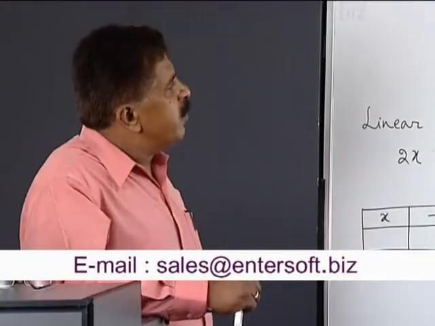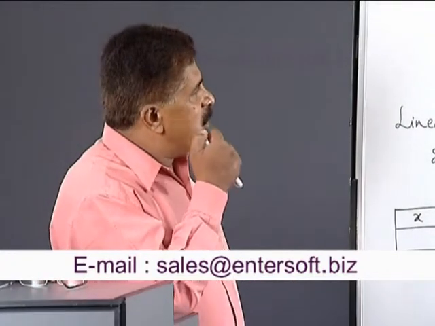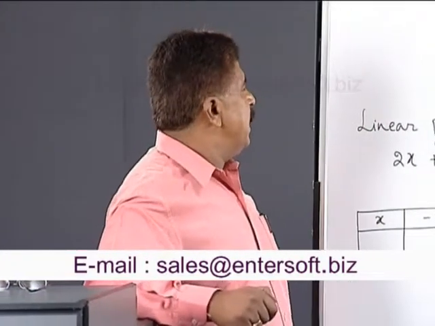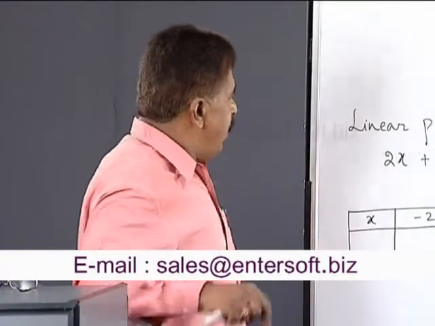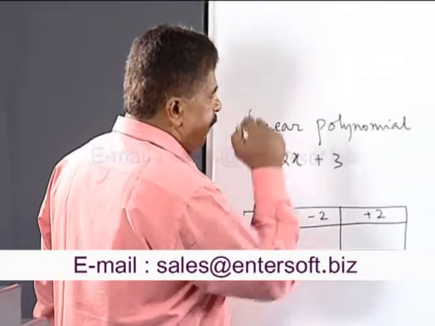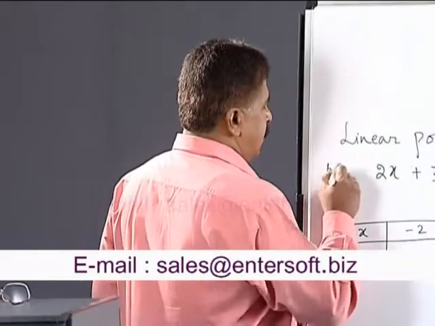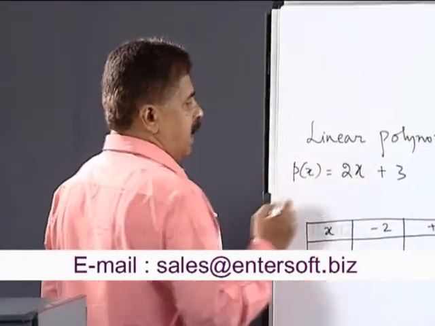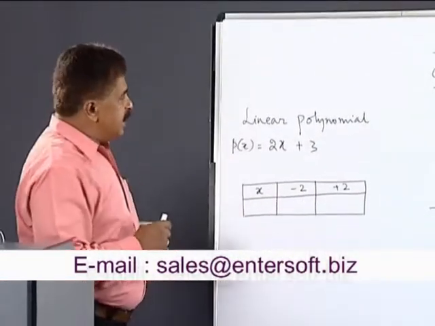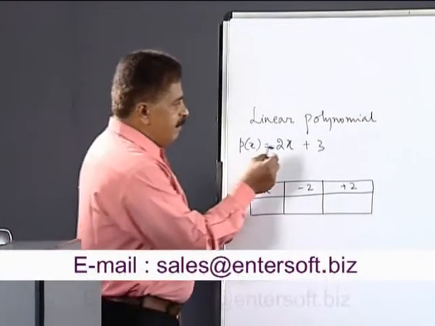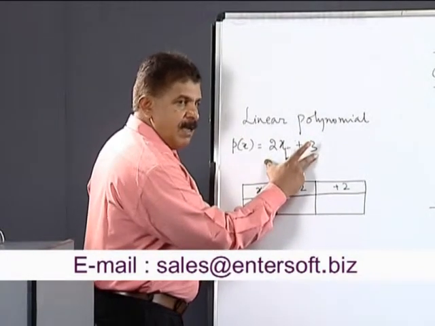Let us take a look at the geometrical meaning of the zeros of a polynomial. So far we have found the zeros of a polynomial in the case of linear, quadratic, also cubic and higher order powers. Now let us take an example. 2x plus 3 is a polynomial in the variable x, of degree 1, and I also called it a linear polynomial, which means that when I give different values to this x, find the value of the